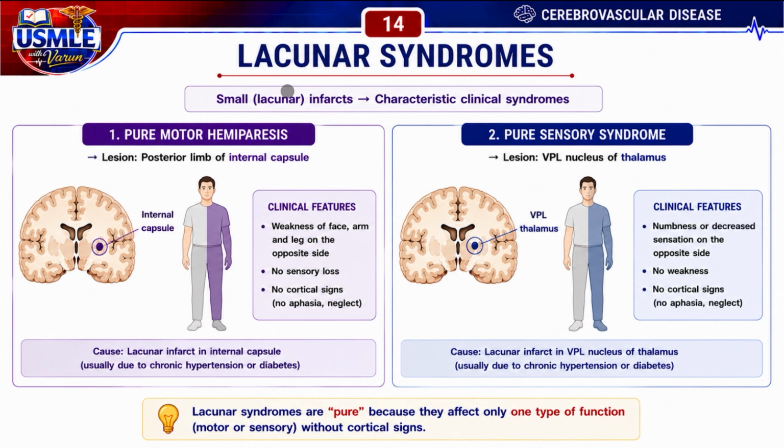Coming to the lacunar syndromes, they produce very specific syndromes. Pure motor stroke is associated with a lesion in the posterior limb of the internal capsule. Clinical features could be weakness of the face, arm, and leg on the opposite side of the body. There is no sensory loss. There are no cortical signs, no aphasia, no neglect. The cause of this is a lacunar infarct in the internal capsule. This is associated with pure motor hemiparesis,